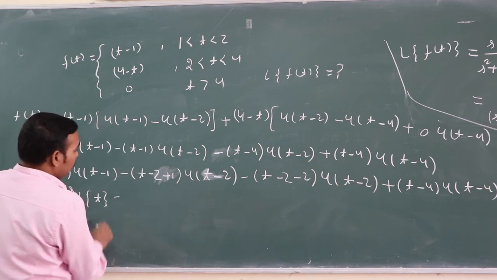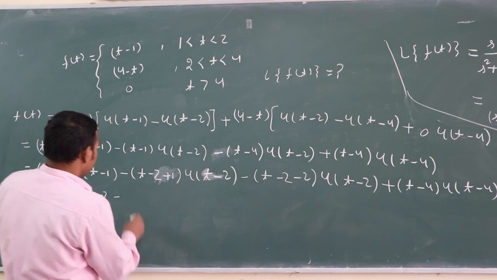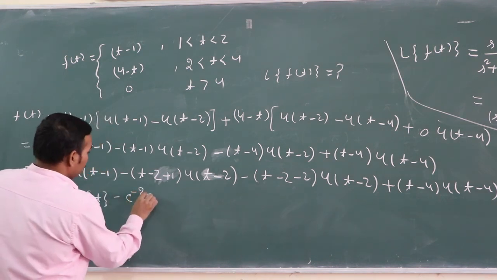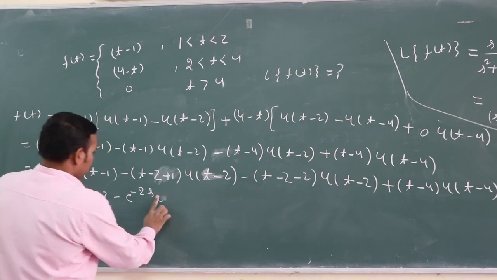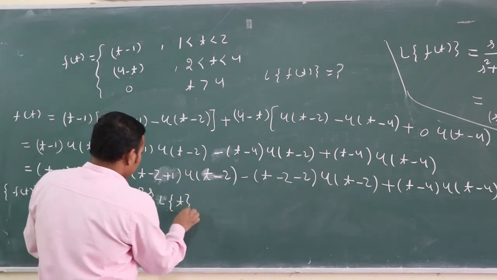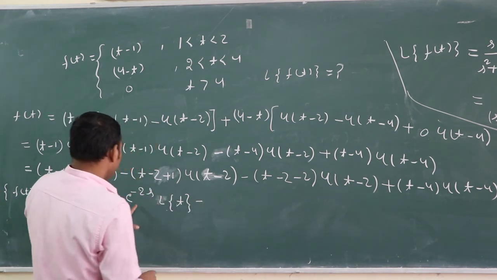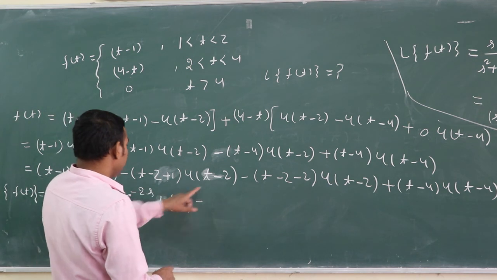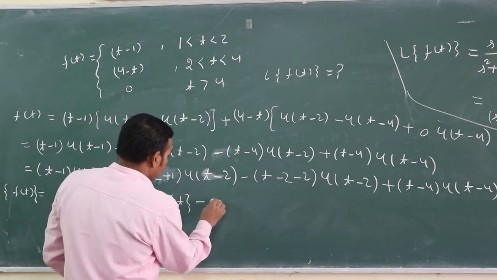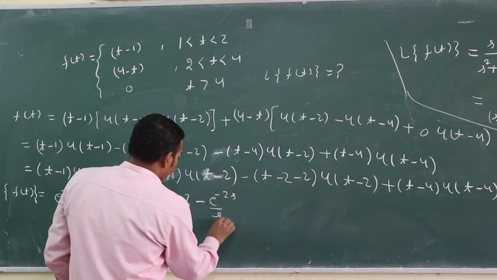Similarly, minus t minus 2 u of t minus 2, so Laplace gives minus e to the power minus 2s Laplace of t,